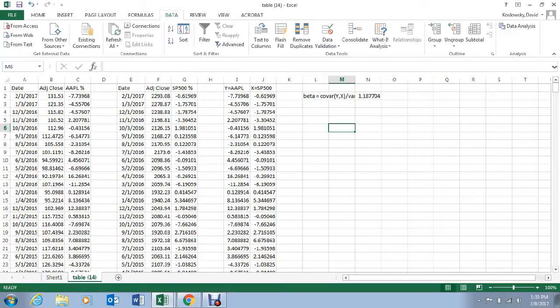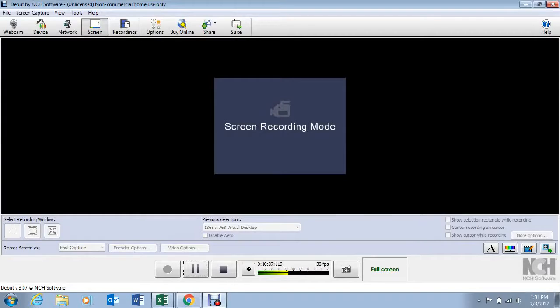Okay, and you get the same answer, 1.18. Sorry for the little bit of delay there, but that is the correct answer compared to doing the regression. So there are two ways to do it. We could also do similarly that beta equals the slope of these two, taking the slope function in Excel, and we get exactly the same answer. So there are several ways, but I want you to do the regression as your assignment. So that essentially ends